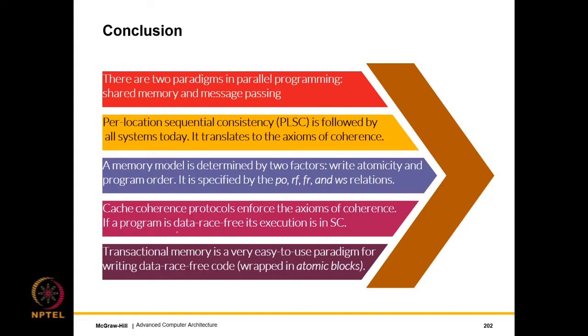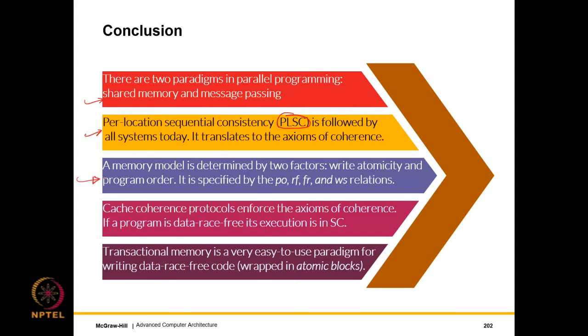Good. So now we have completed this huge, long, humongous chapter. What we have seen is there are two broad paradigms in parallel programming: shared memory and message passing. Message passing is far more suitable for a loosely coupled multiprocessing system, but for any multi-core system, shared memory programming is used. Here, of course, there is a need to create specifications. So PLSC is something that all memory models follow and adhere to, and that lays the foundation for cache coherence.